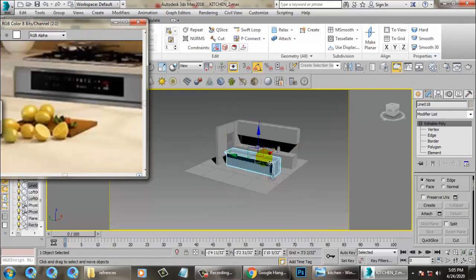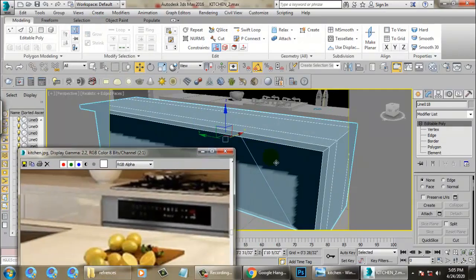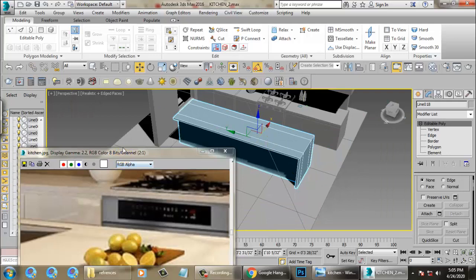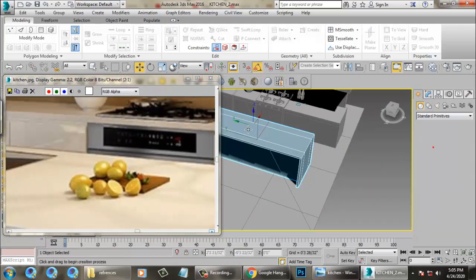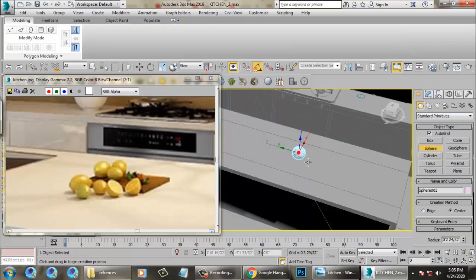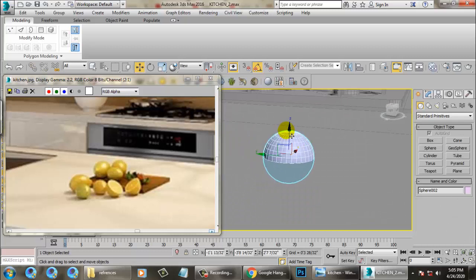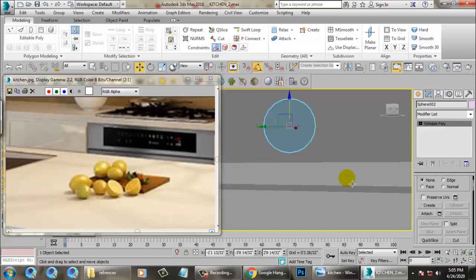We'll just create these lemons. How we can create these lemons is very easy. Let's take a sphere over here and reduce the segments of this, convert to editable poly.